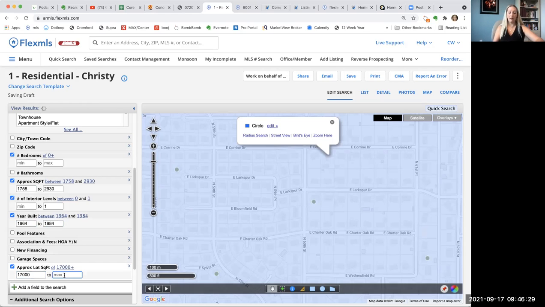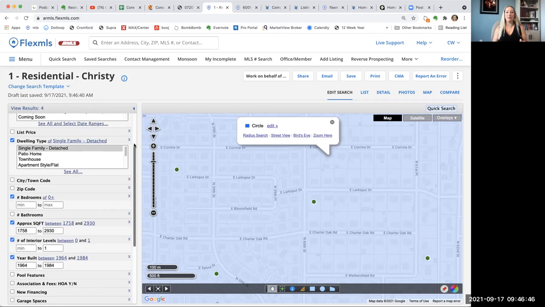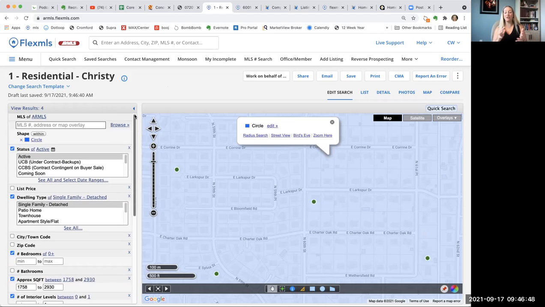And then we can take that up and look at, okay, what does it look like to have lots all the way up to maybe 28,000? Again, this is a balance between art and science. So you kind of have to find your rhythm and what's going to make the most sense. And you can adjust this as you go, which is a lot of fun, because if you're not getting the